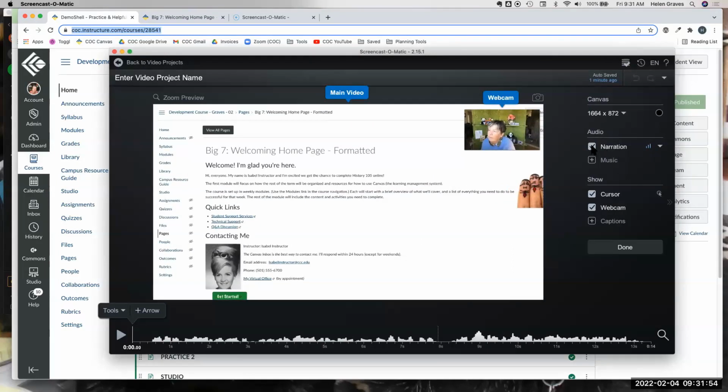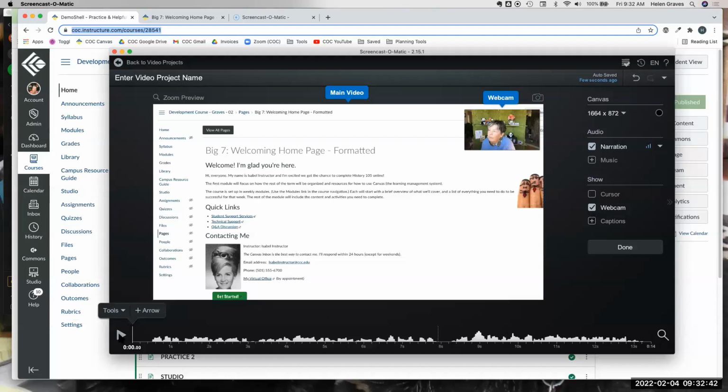Over here, I can toggle on and off narration, and when I toggle it off, watch what happens to the timeline. So the audio disappears or comes back. I can add music. I can turn off the cursor, which I usually do because I don't want it visible. I'd rather add in arrows and boxes and things to highlight what I want. Here's where, if I've recorded with the webcam and then I decide at the last minute I don't really want it, you can turn it off. But as I said, it's really great to have a little bit at the beginning and then turn it off later in your recording, which you can only do while you're recording. If you turn it off from here, it turns it off everywhere.